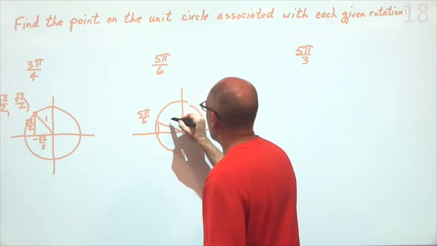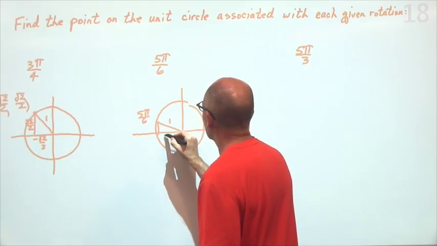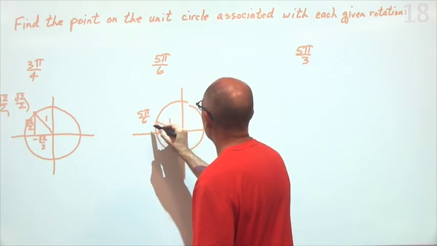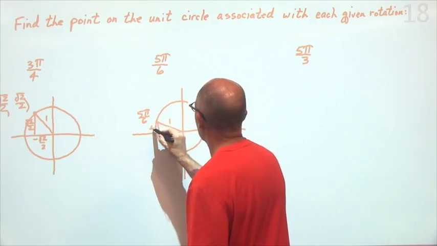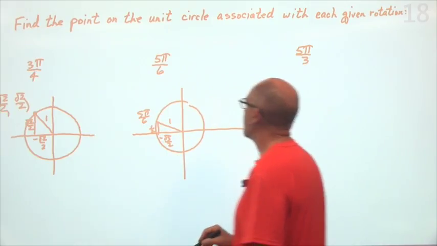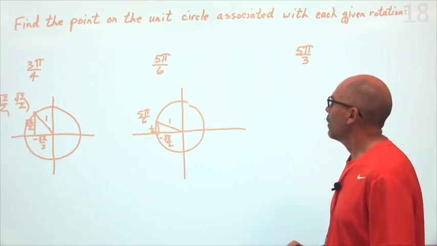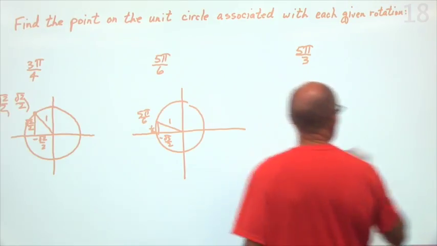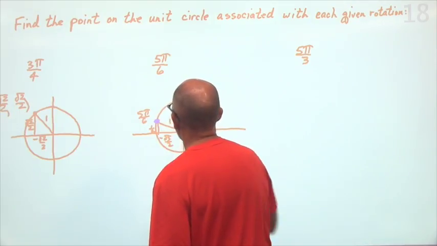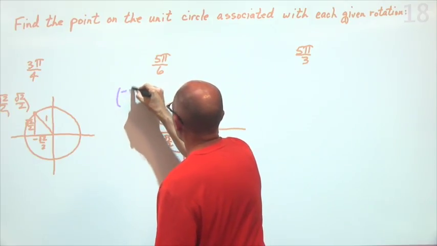So that means the hypotenuse is 1, the long leg is square root of 3 over 2, and the short leg is 1/2. Now, once again, I'm going left and up, so the square root of 3 over 2 is negative. So what is the point right here? The point right here is negative square root of 3 over 2,